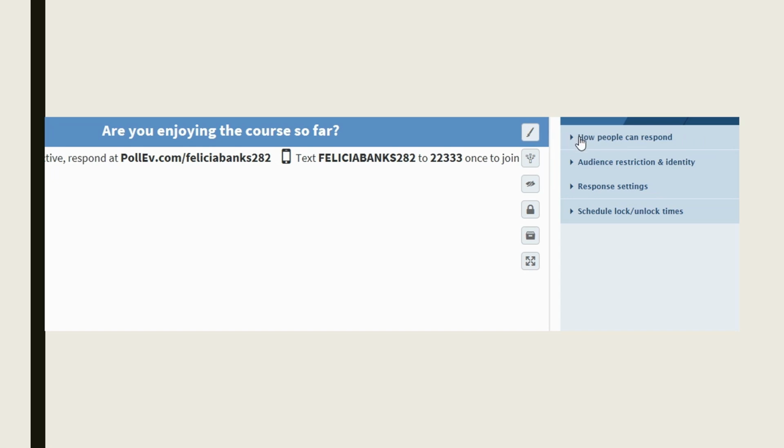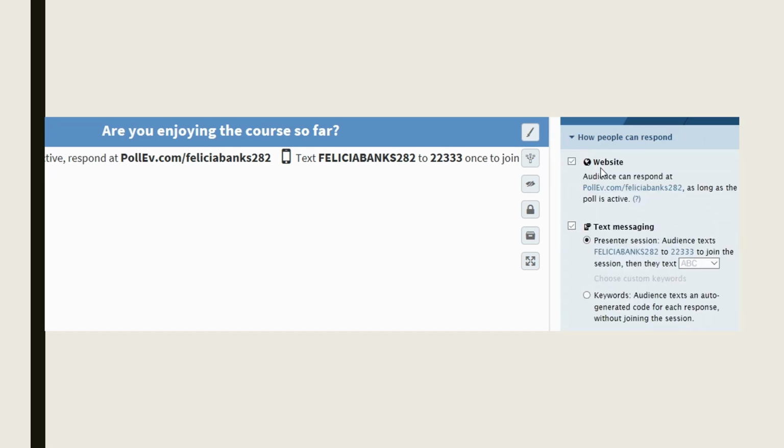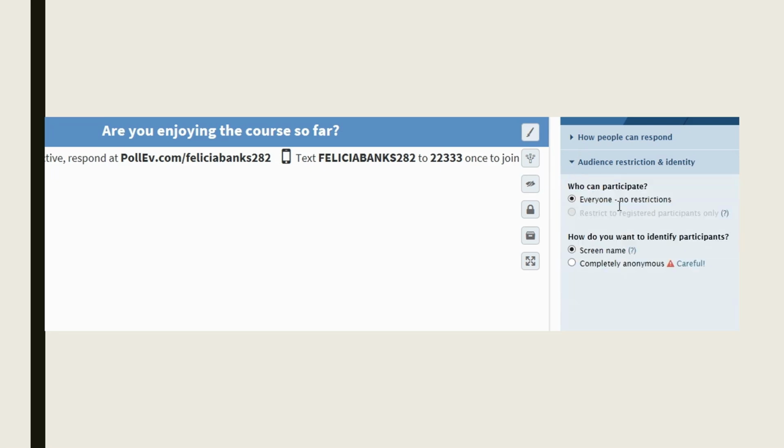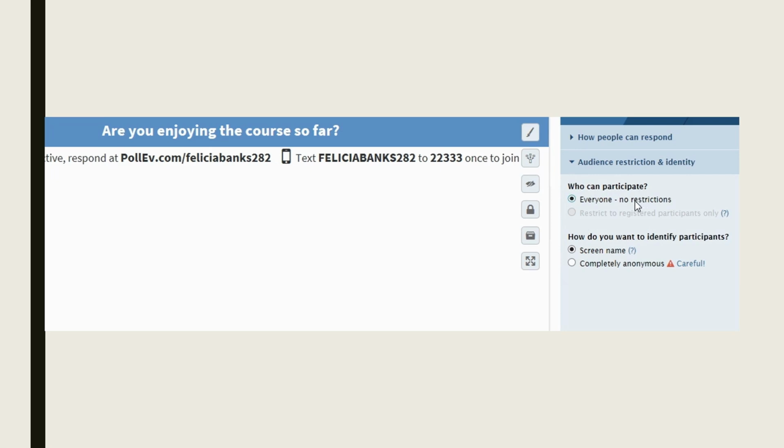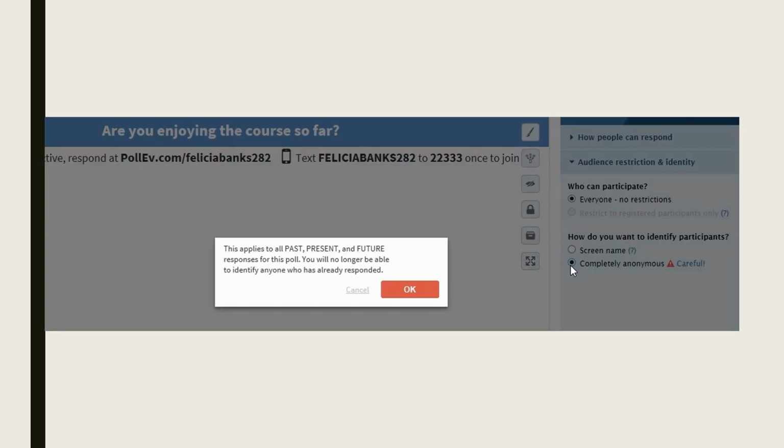We're going to go over here to the right and we're going to select website and text messaging because remember, you may have a lot of students that are using a tablet or their cell phone. So it's a good idea to offer text messaging and the website option of accessing this survey. Audience restriction. Who can participate? I'm saying everyone can. I'm not restricting it to anyone. And how do you want to identify participants? I'm going to say completely anonymous